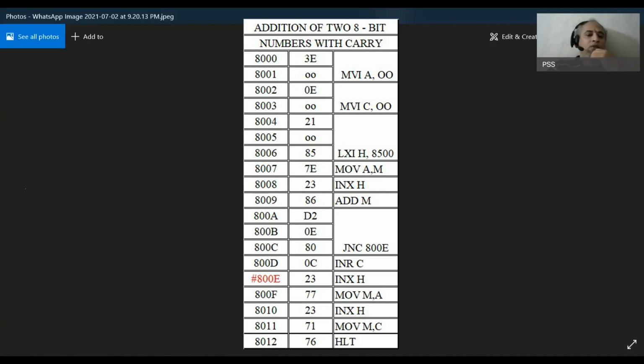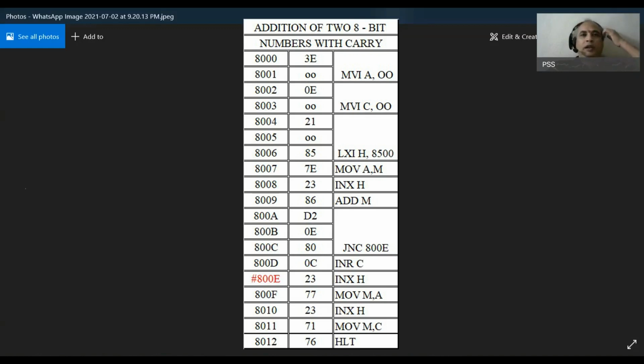Here you should know one thing, that the C register is used to store the carry. And now in the beginning you are making the C register as 00. That means in the beginning you are making the carry as 0.